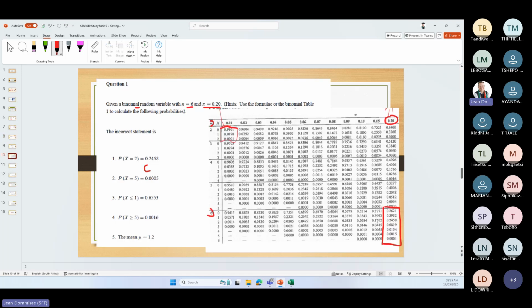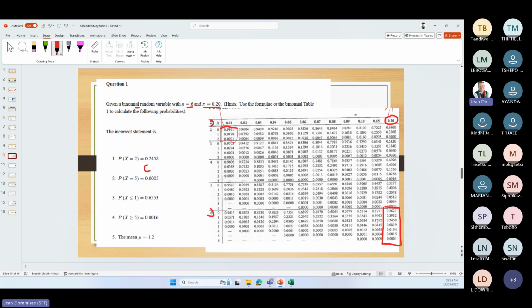What you can do, but I wanted to show it here where it is fewer numbers: if you add those 3 together, you will get 1. So getting back to that, the sum of probabilities equals 1. So if you add all of these together where n is 6 at 0.2, you will also get 1. So each time in these tables, all those probabilities will always add to 1, the sum of those probabilities.